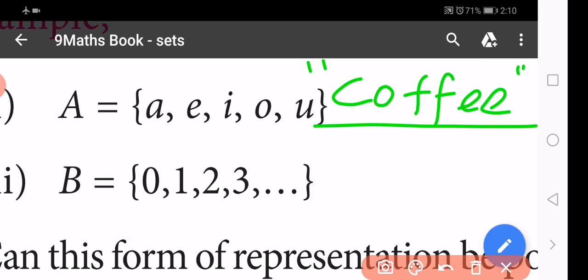Then now we are going to write the roster form. In the roster form, we give one name. The set A is equal to, within the set notation we write